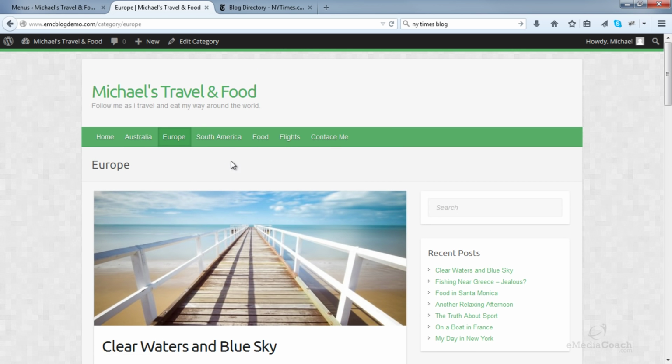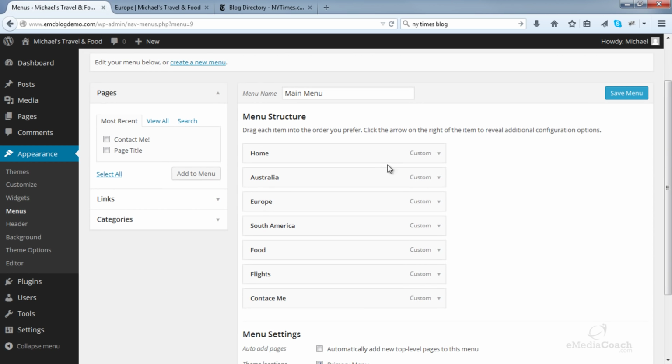You can add any categories you want here, or any other links using the same process. Now, if you want to rearrange this, just go back in here and drag and drop.